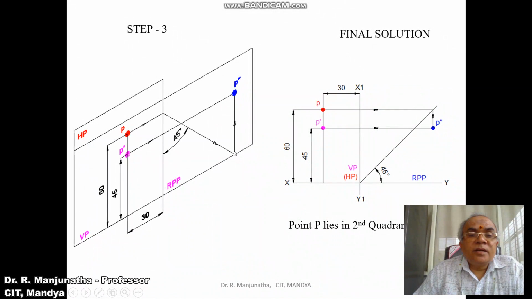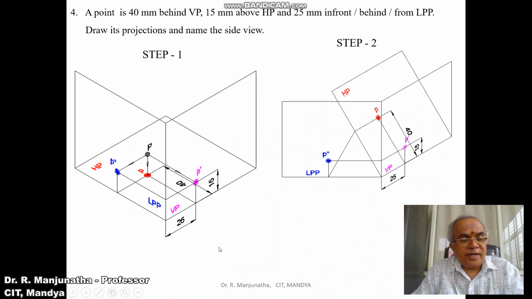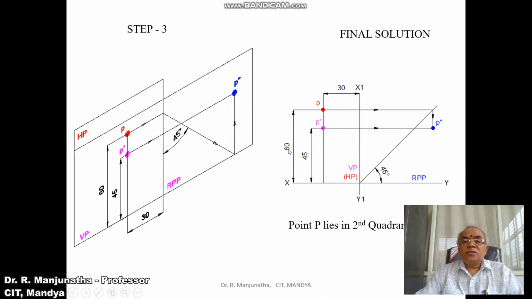And then from here you project this to the side view, where you have the front view. On that line you are going to get the side view, and you mark this point as P double dash. So this is how we can analyze the problem in the second quadrant. We will now take up the solution of how to do it in the sketchbook.